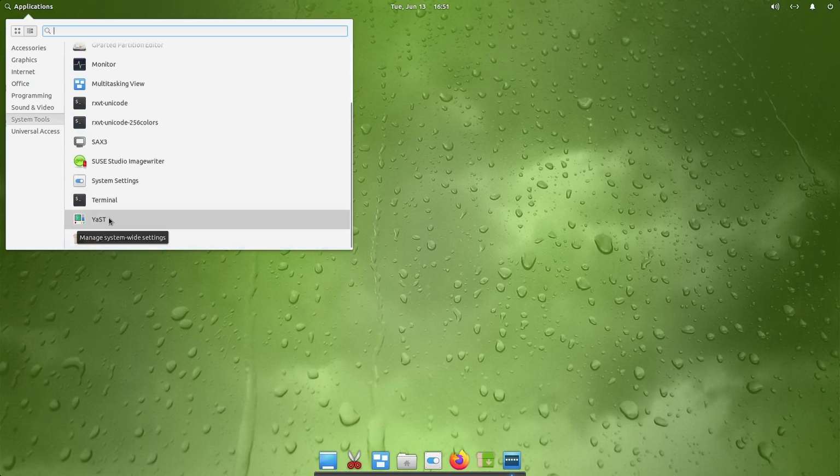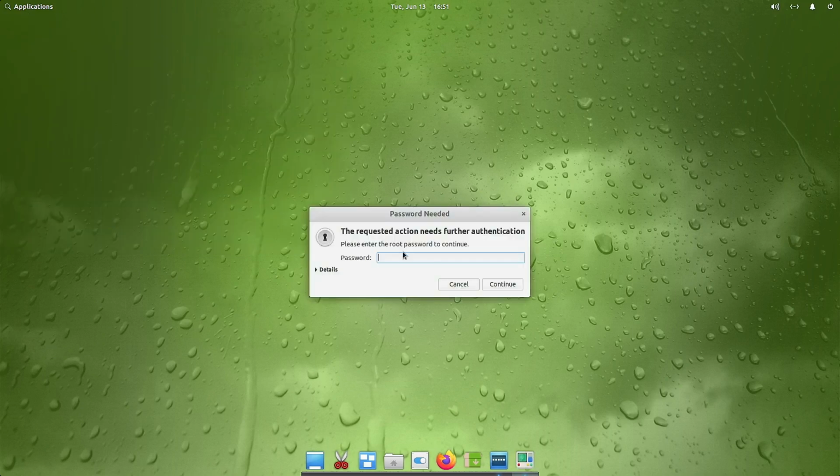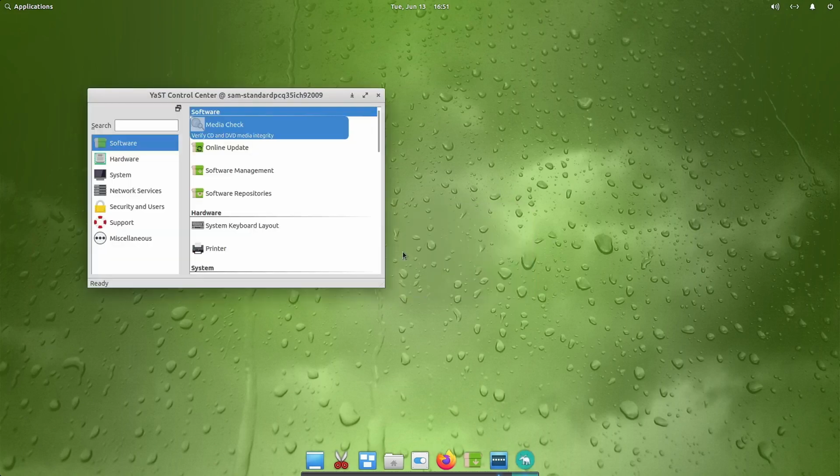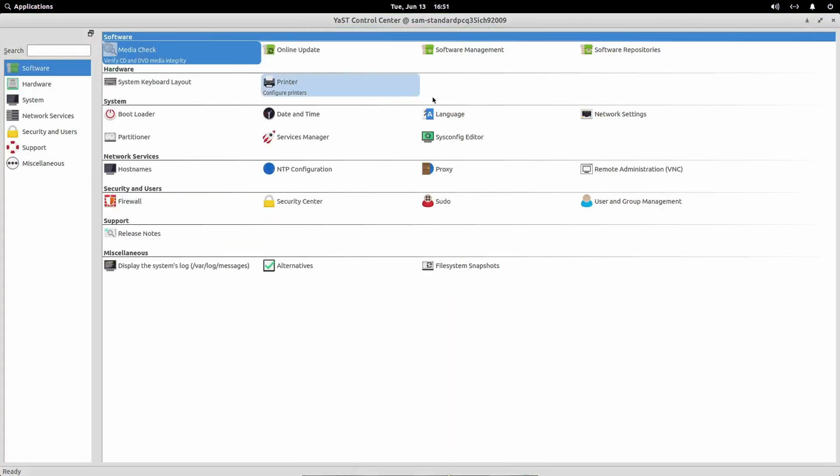Now let us open the YAST. I wanted to show you something. In YAST, we can try out one or two tools. So every desktop we try some tools. Let us try with the